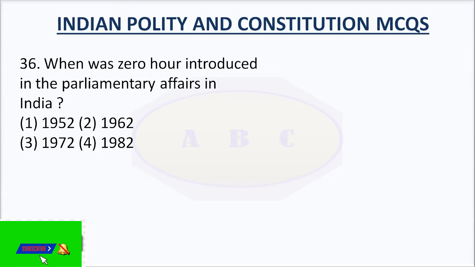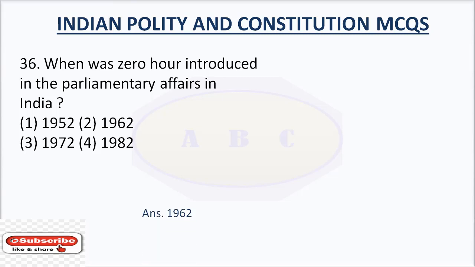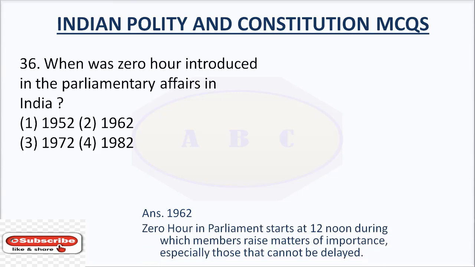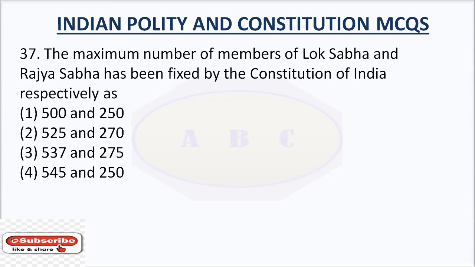Question number 36. When was Zero Hour introduced in the parliamentary affairs in India? Option number 1, 1952. Option number 2, 1962. Option number 3, 1972. Option number 4, 1982. Right answer is 1962. Zero Hour in Parliament starts at 12 noon, during which members raise matters of importance, especially those that cannot be